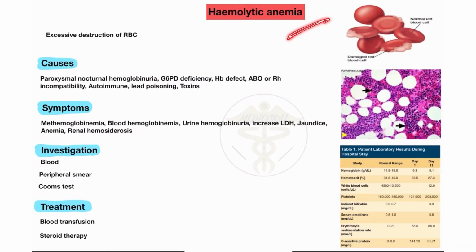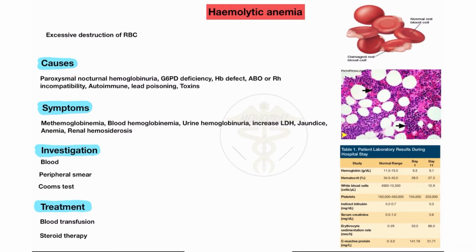Second is the hemolytic type of anemia. Hemolytic type of anemia mostly occurs due to the excessive destruction of RBC, because you all know hemolytic anemia is mostly an autoimmune disease. So the RBC number decreases very much, and damaged RBC are also present. Here you will see destruction of RBC, not only decrease, in the patient of the hemolytic type of anemia. So excessive destruction of RBC occurs in hemolytic anemia.